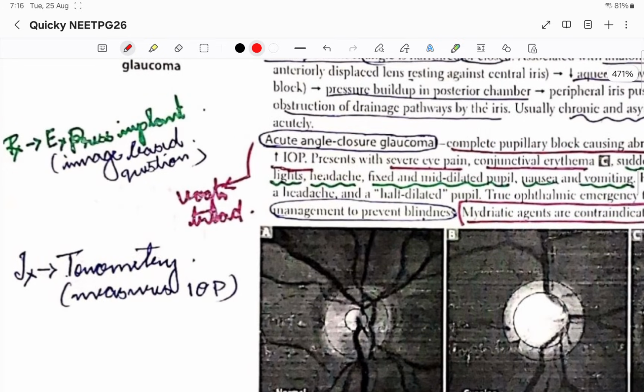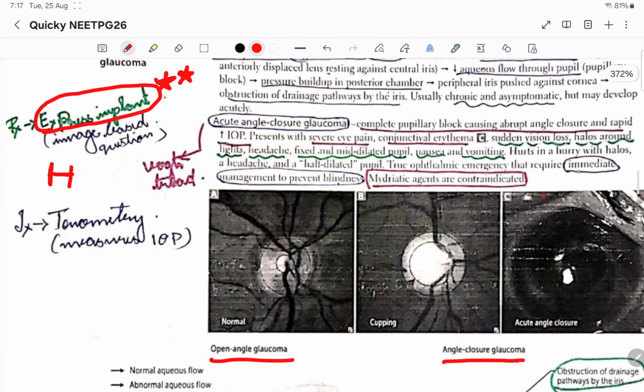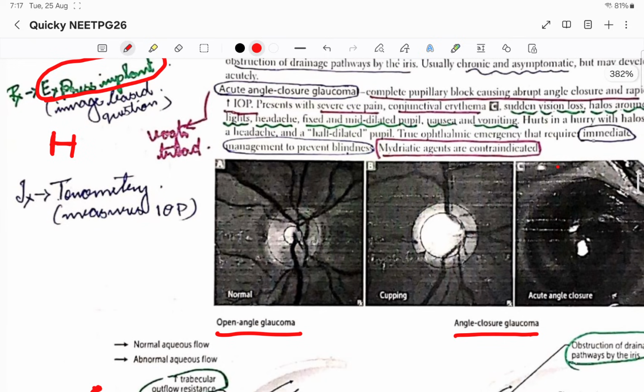Okay, the other way of management will be express implants. There is something called express implants, please remember this. It is like a grommet. Like the grommet we used to introduce in ENT in myringotomy, this is exactly the same way. It is an implant that we place there, and it will drain the